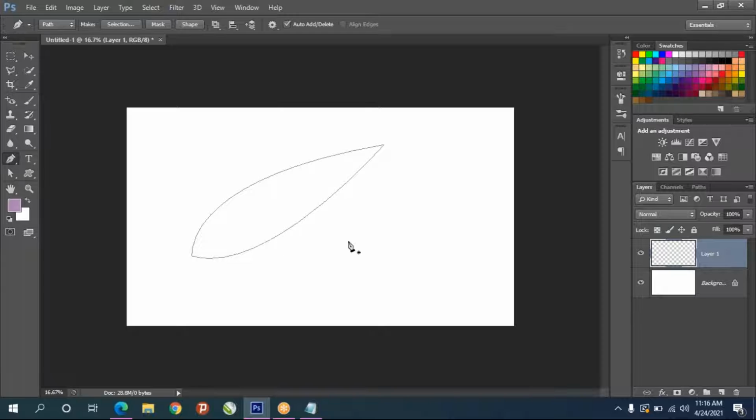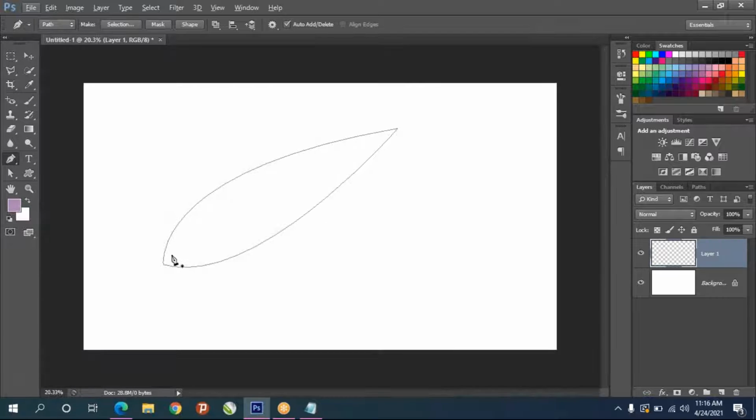Again you can take pen tool. I want to make like a hole. See, if we do inside, it will make like a hole. If we create anything outside, it will add to the object. But if we do anything inside,